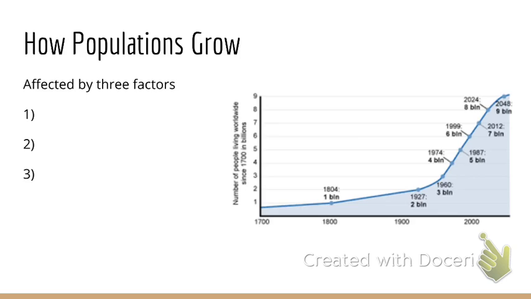One of the things is the birth rate. So if you have more offspring, then you would expect to have a larger population. Death rate is another. Obviously, as individuals get older and die, you would expect to have a lower population. And then also we have immigration